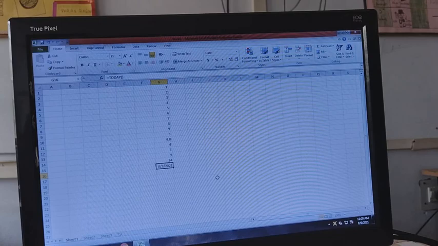Whatever date you have set for your computer, by using the TODAY function you can have that date in your Excel sheet.